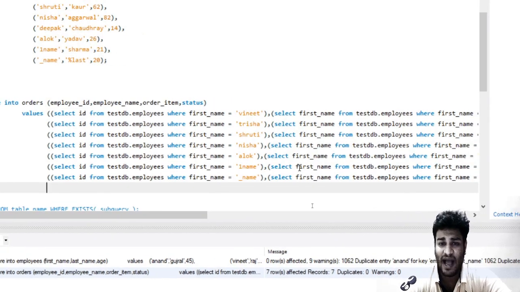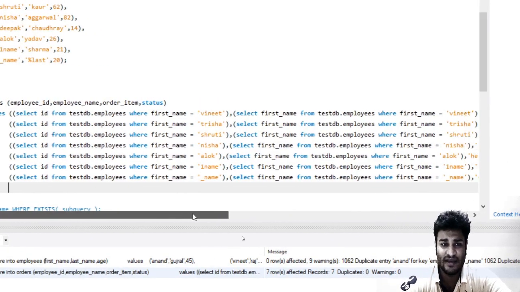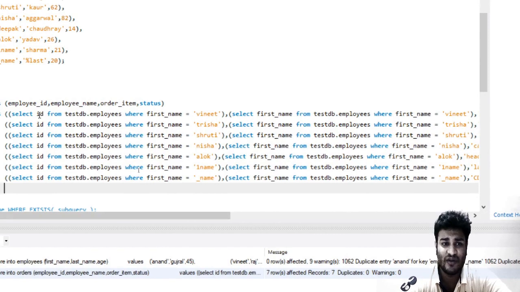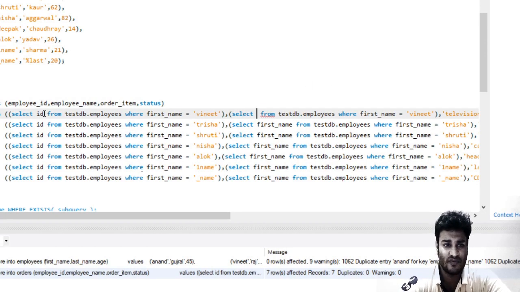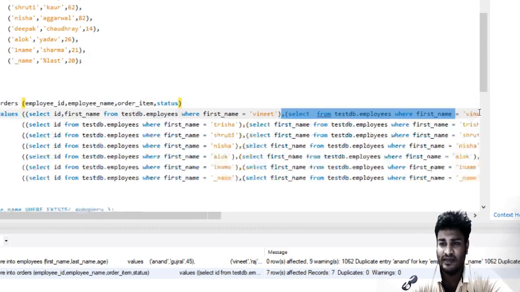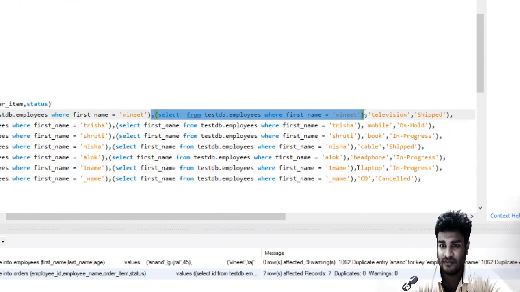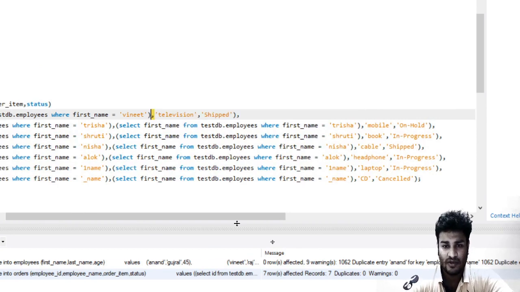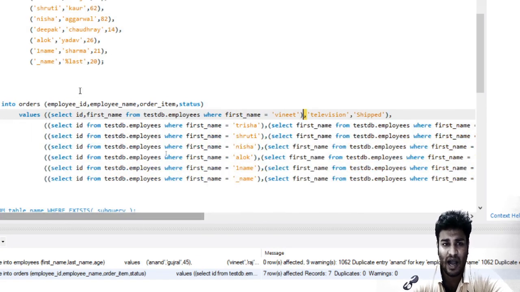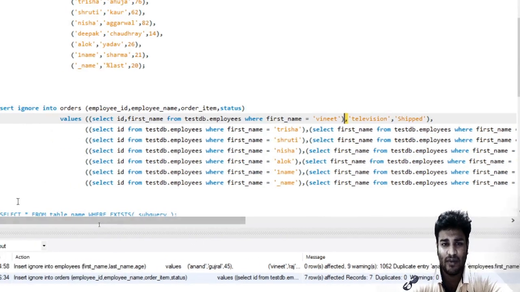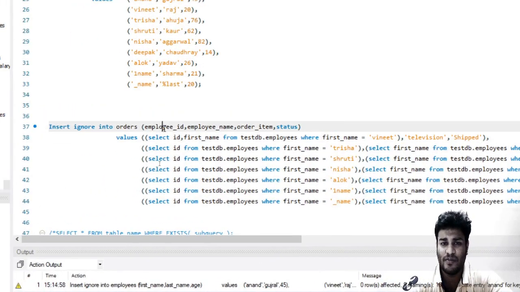But if I change it so that, rather than fetching one column, we fetch two columns from here, and delete this, you see that above we are saying insert values into employee ID, employee name, order item, and status.